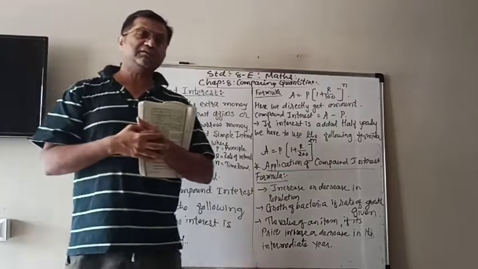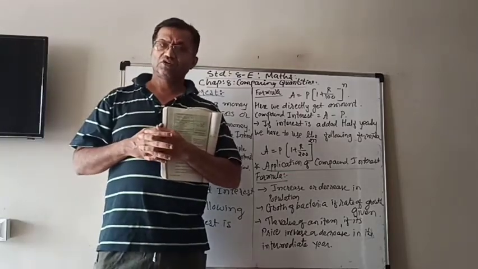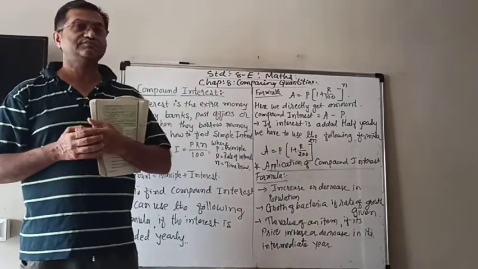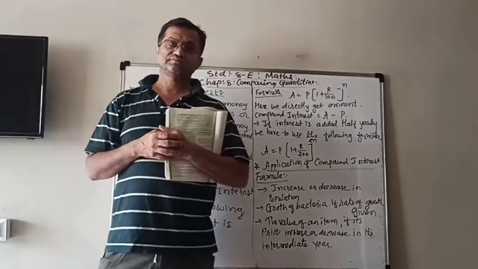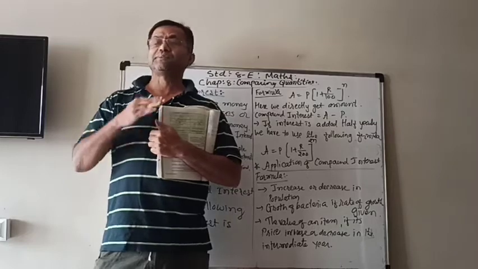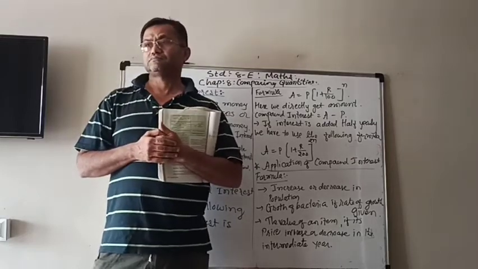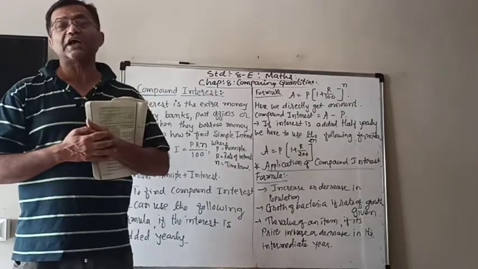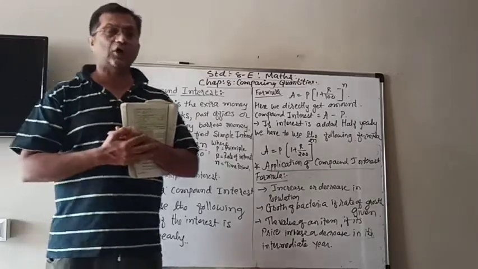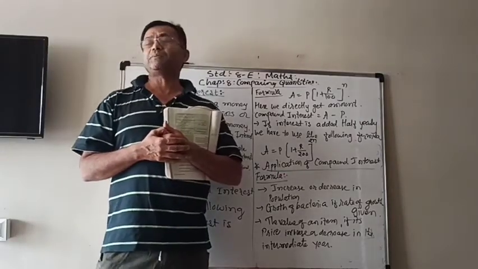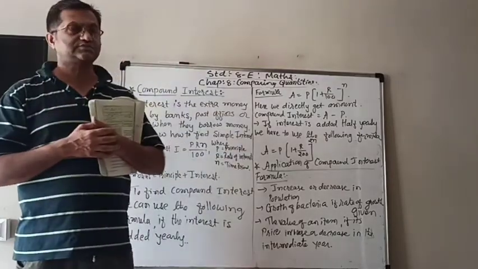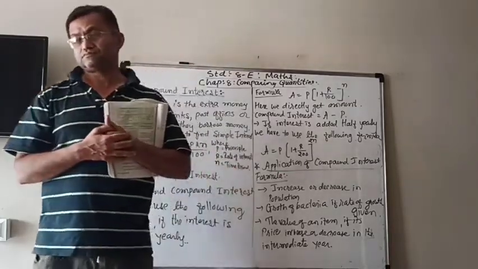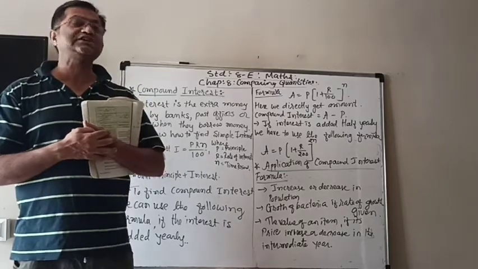But generally when you put your money in the bank or you borrow money from the bank as a loan, in this situation they don't count interest at the end of the depositing time, but in some cases they count interest every year, meaning annually, or some institutions like the post office add the interest every half year, meaning every 6 months.